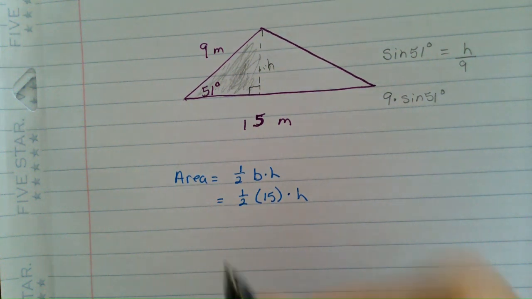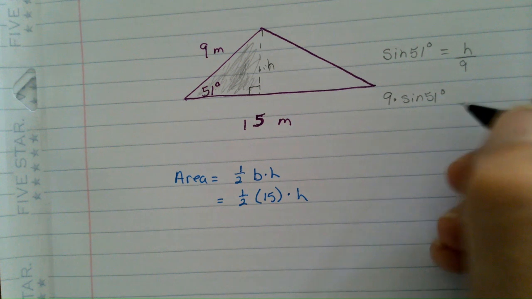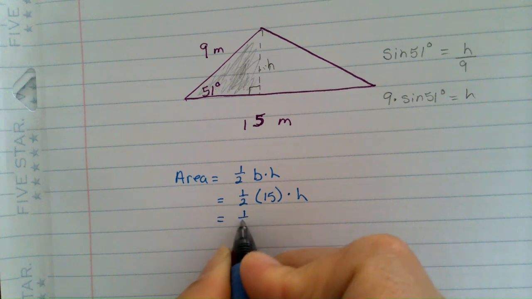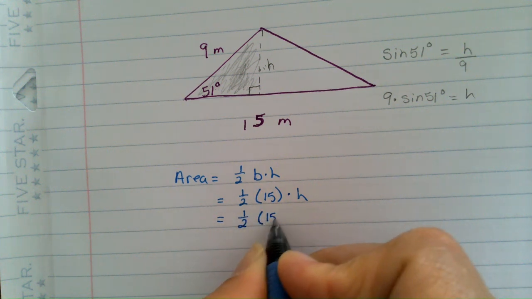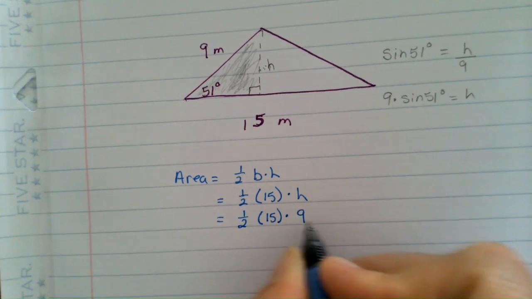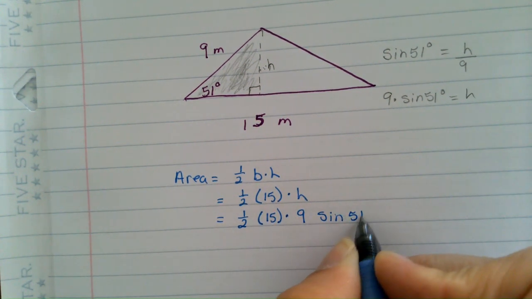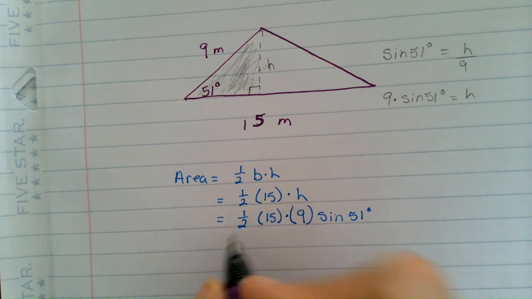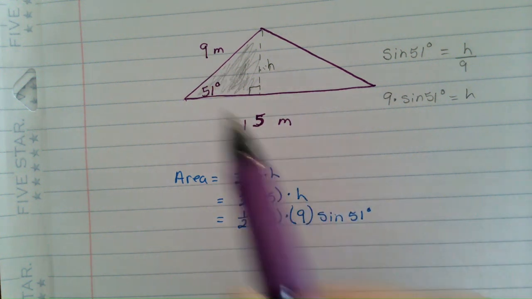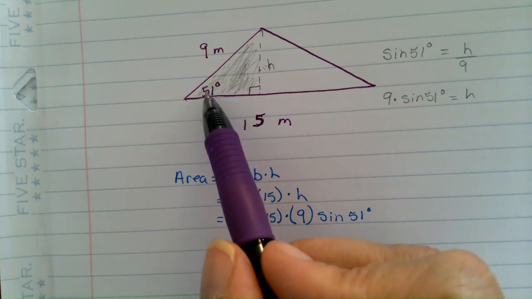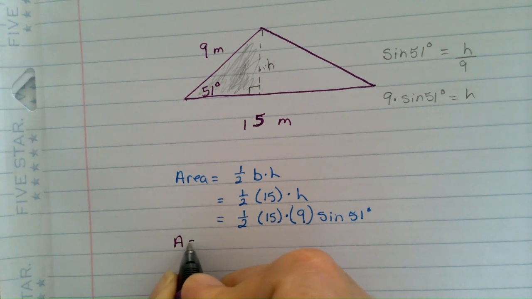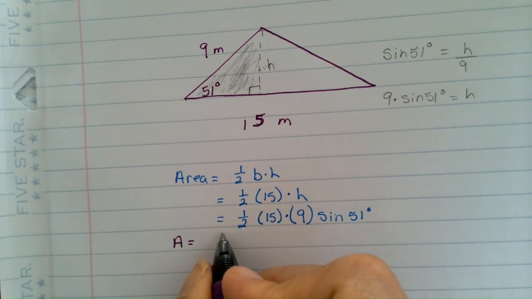So I'll come back down here. Forgot to write equals h. I should have done that. Proper notation and all. So we have 1/2 15 times the height, which is 9 sine of 51 degrees. Now let's see if you notice anything here. Do you see how the 15 and the 9 are the two known sides and the 51 is the part connecting them? Yeah. So the area formula for when you have two sides in the included angle is 1/2